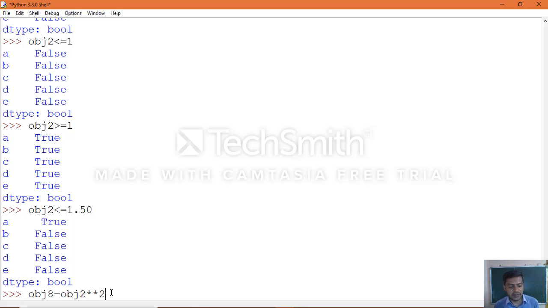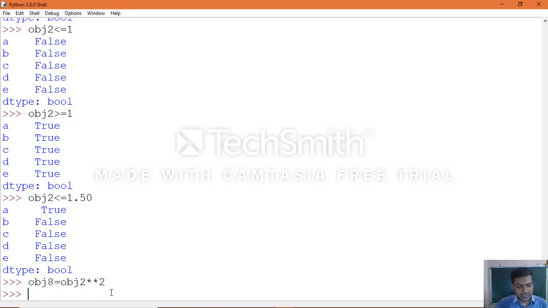When you calculate and assign that data into a new object, the new object holds the same kind of data as the old object. Object 2 holds series data, and the new object obj8 also holds series data.